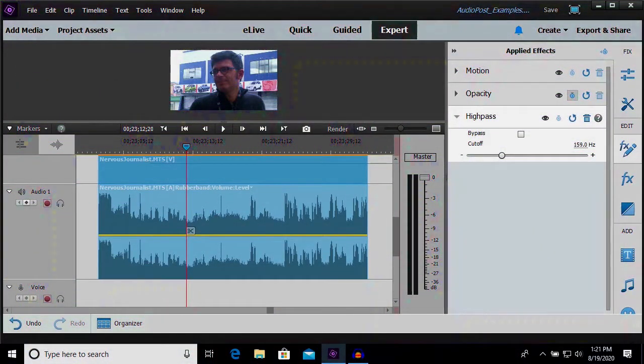And so when I was just now playing the clip and adjusting the high pass filter, I was thinking it would probably be writing keyframes as I adjust. It would be notating all those adjustments in real time. It didn't appear to do that. It seems that the default for elements is to not write keyframes. So this is actually kind of a good thing. You can play your timeline